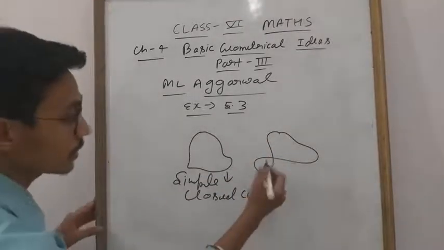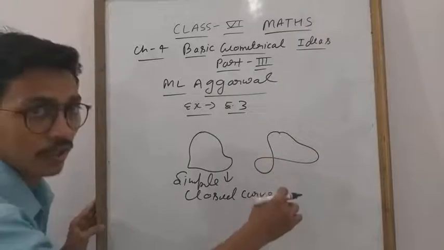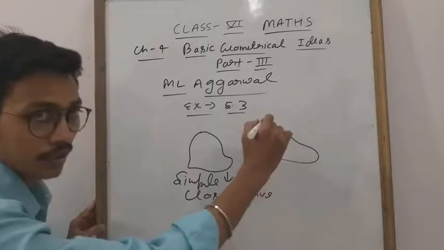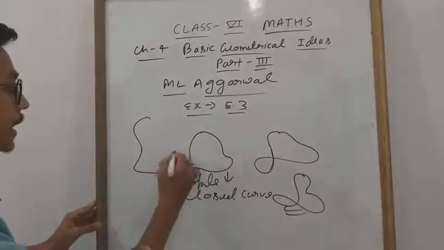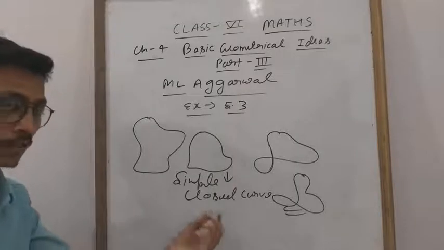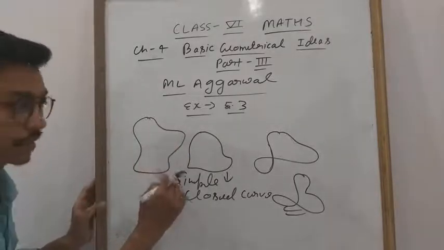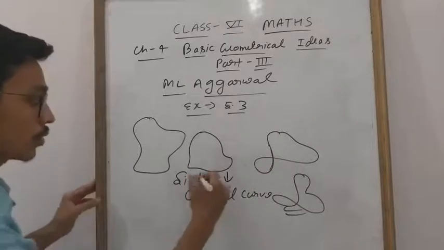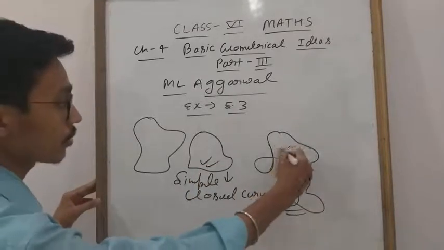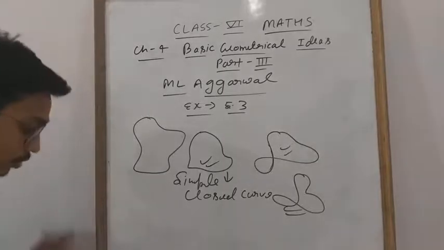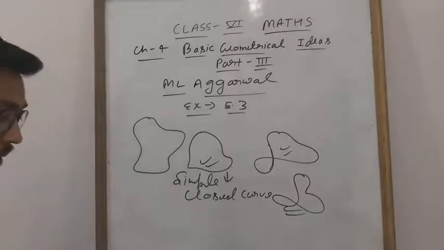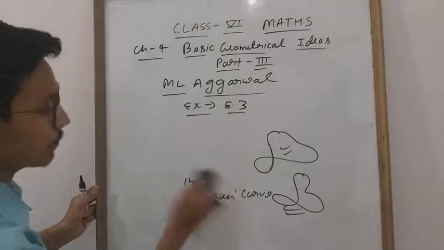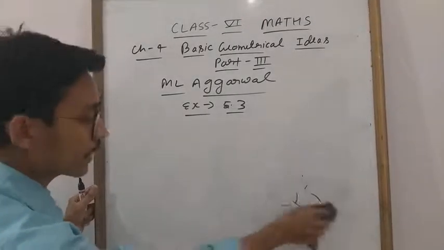Clear? In this diagram, students, this is also a closed curve, but it is not simple, because, see, they cross each other. This is also crossing. In this simple diagram, the name is simple closed curve because there is no crossing, and here is the crossing point. So this is the simple closed curve, and this is only a closed curve. Clear, everyone? This is given in your book: what is a closed curve, what is a simple closed curve. Questions based on this are given. You will solve them yourself: a closed curve that is not simple. You will draw it. Only if there is a crossing, it is not simple. Otherwise, it is simple.